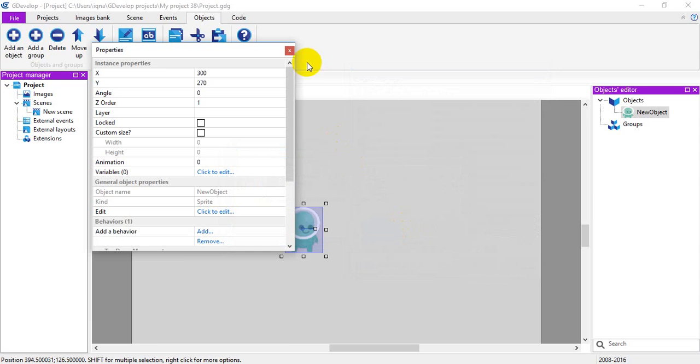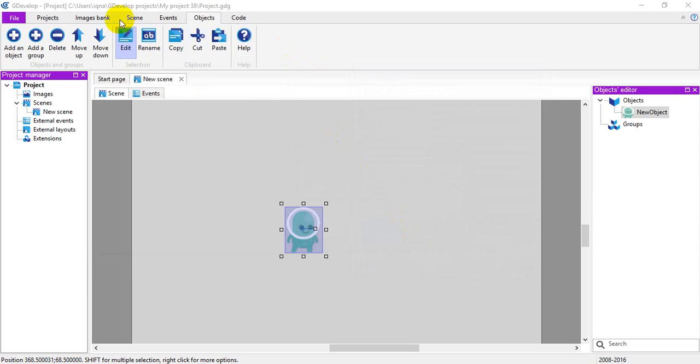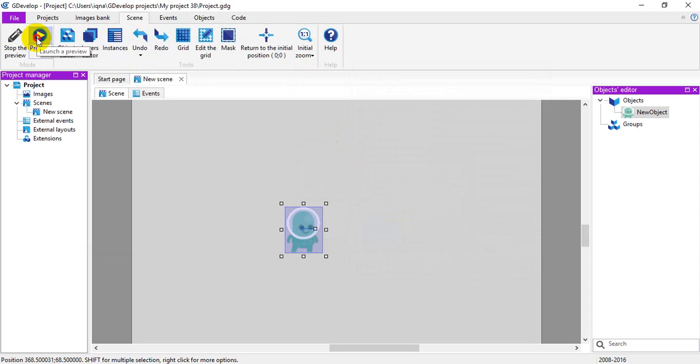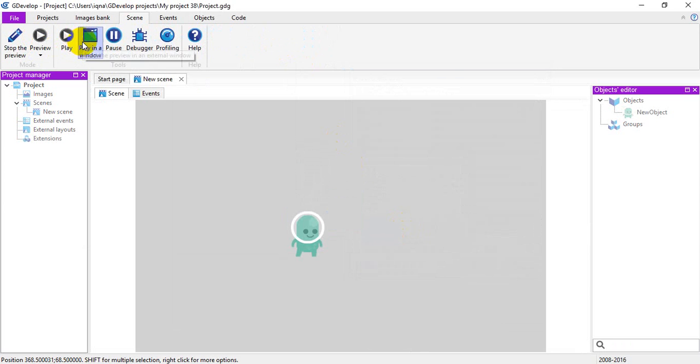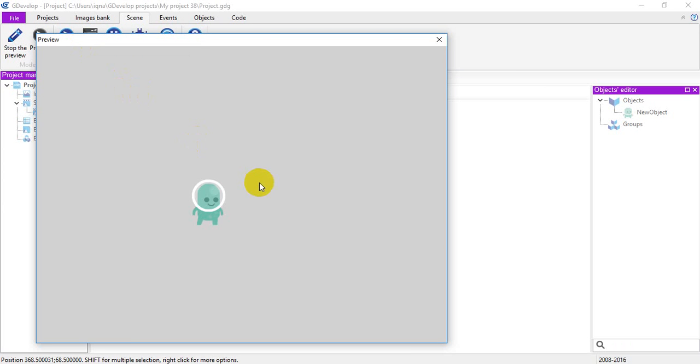So if you click preview on the scene tab, when you press the arrow buttons on your keyboard, your object can move. You can see your player is moving.